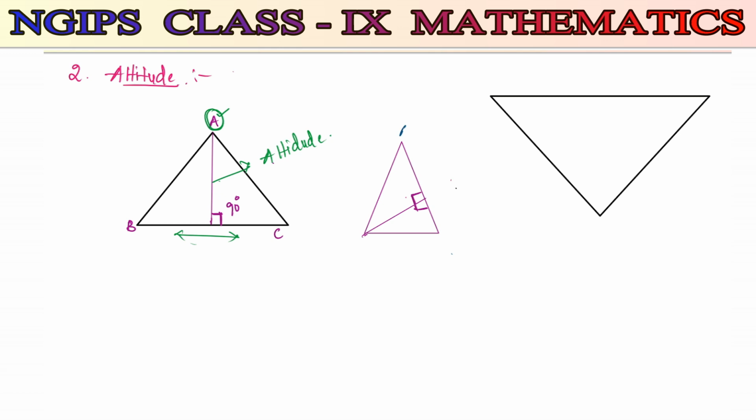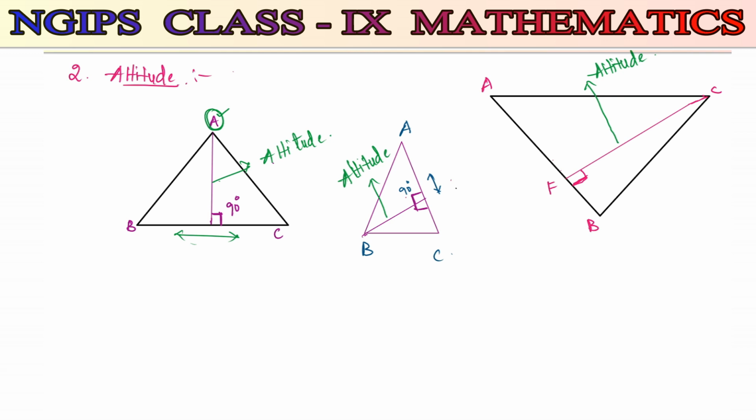Now if you consider this triangle, this is A and this is B and this is C. I have drawn a line from the vertex B to the opposite side AC. It makes an angle of 90 degrees. So from the vertex B passes the line which is perpendicular to AC. Now this line we used to call altitude. Now in this triangle, this is A, this is B and this is C. We have drawn a line from the vertex C to the opposite side AB. CF is perpendicular to AB. Now this line we used to call altitude.